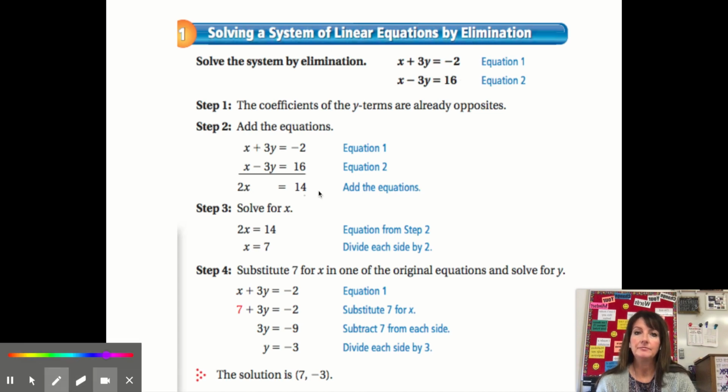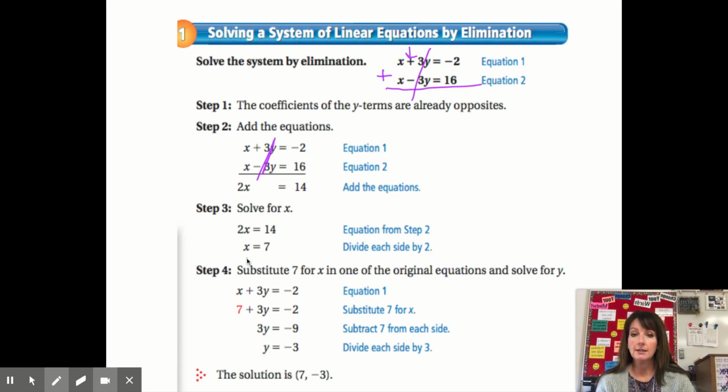Let's try this again. Add these together, straight down. These two right here, because they are opposites, would cancel. So that's kind of what they've done. They've canceled this right here. So 1x plus 1x is 2x. -2 plus 16 is -14. So now we're going to solve for x. X is equal to 7. Go back into one of the equations, substitute in the 7, and solve for y